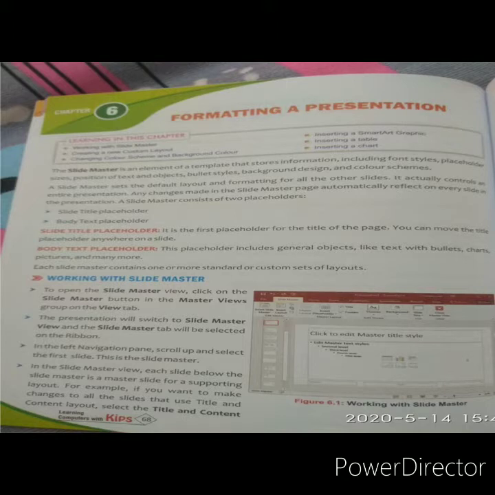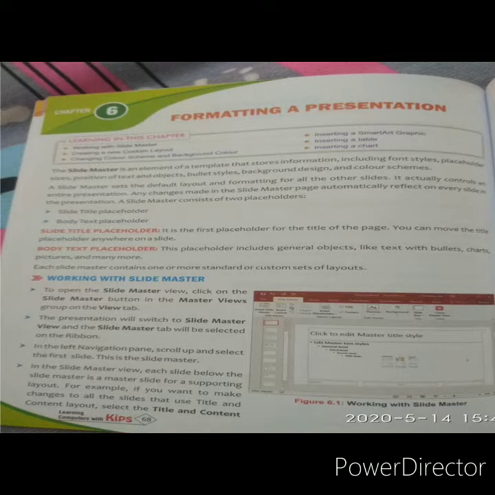And a slide is like a page in a presentation, like in a notebook pages are there. In a presentation, a slide is a page that contains brief information that you want to communicate to your audience. मतलब उसके अंदर हम बहुत सारी इन्फॉर्मेशन नहीं रखते हैं, कुछ इन्फॉर्मेशन रखते हैं ताकि हम अपनी ऑडियंस को बता सकें कि हम क्या प्रेजेंट करने जा रहे हैं. Okay, so now start this chapter.